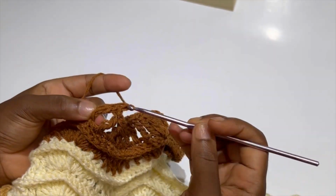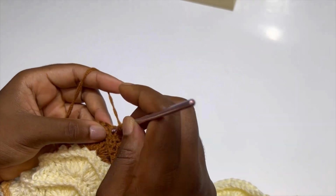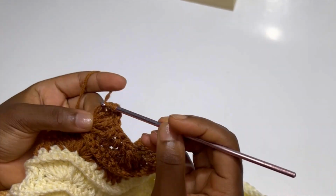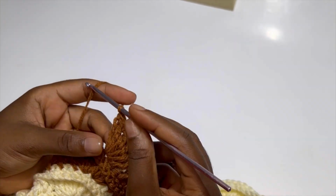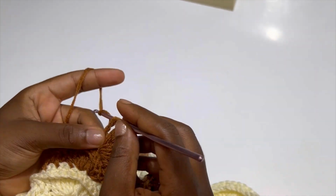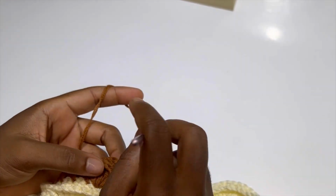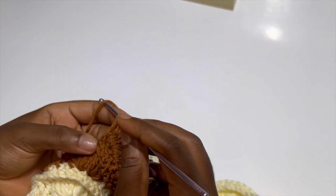If you want it long, go ahead and keep repeating this, go in rounds as we did for the upper part of the shorts, and if you want it shorter, go ahead and do that. But I'm going to go ahead and make 6 rows for the shorts, and I'll meet you when I have my 6 rows. Also, I'll walk you through how to make the second leg, the beginning,